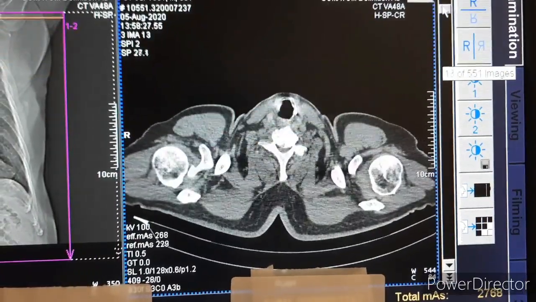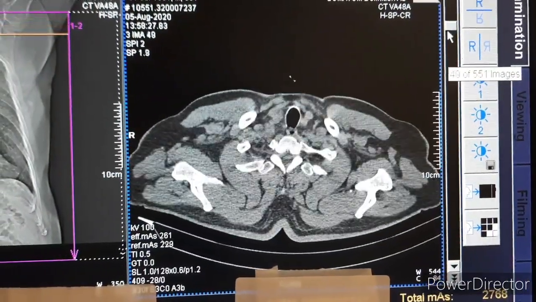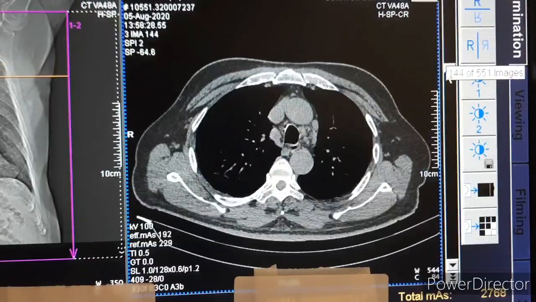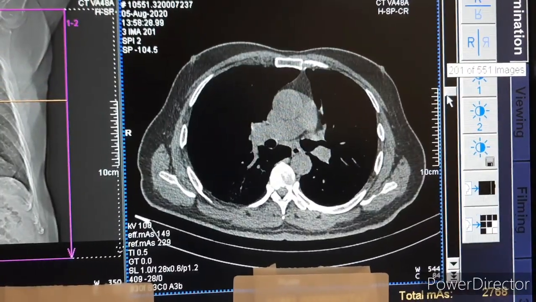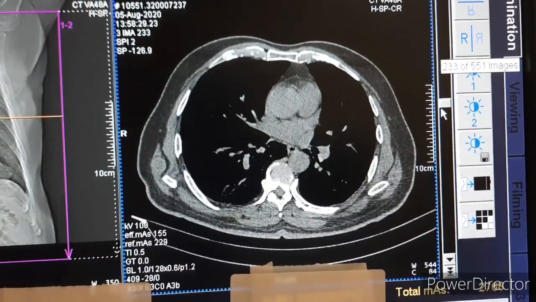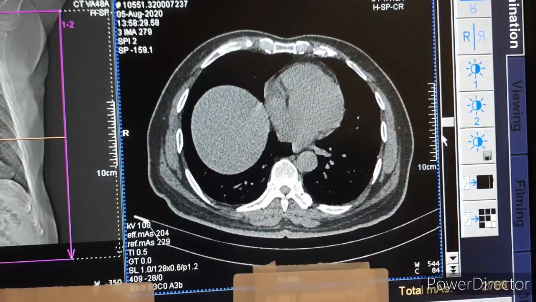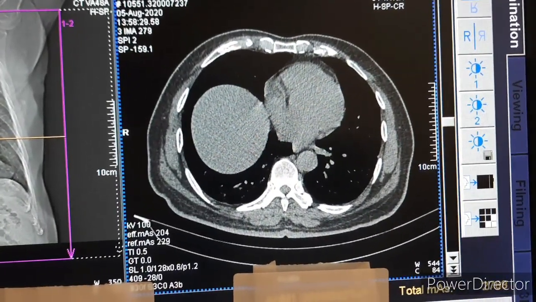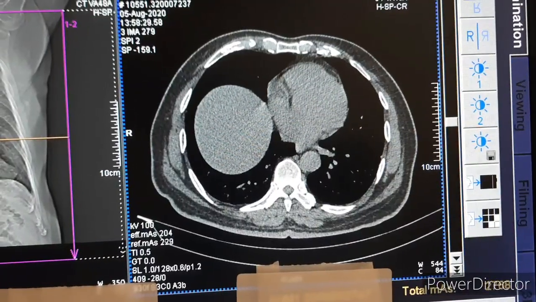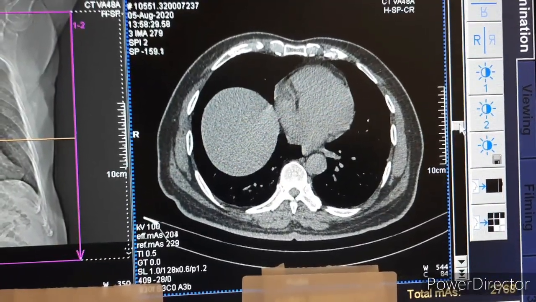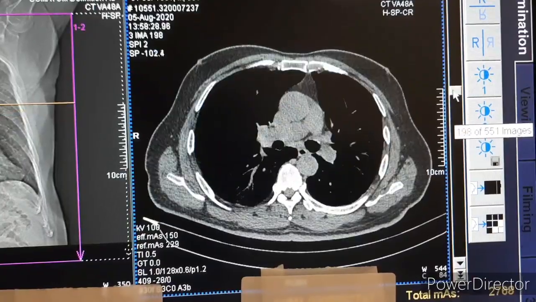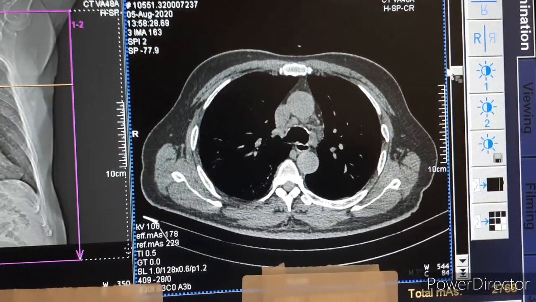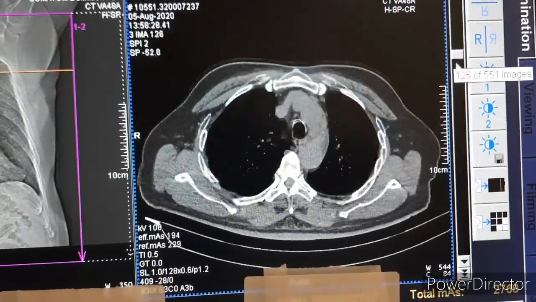Only in case of mediastinum, lymph nodes or mass or any pathology, this soft tissue window is important, and in that case you have to give contrast and repeat this same scan after giving contrast after 40 seconds, that is venous phase.